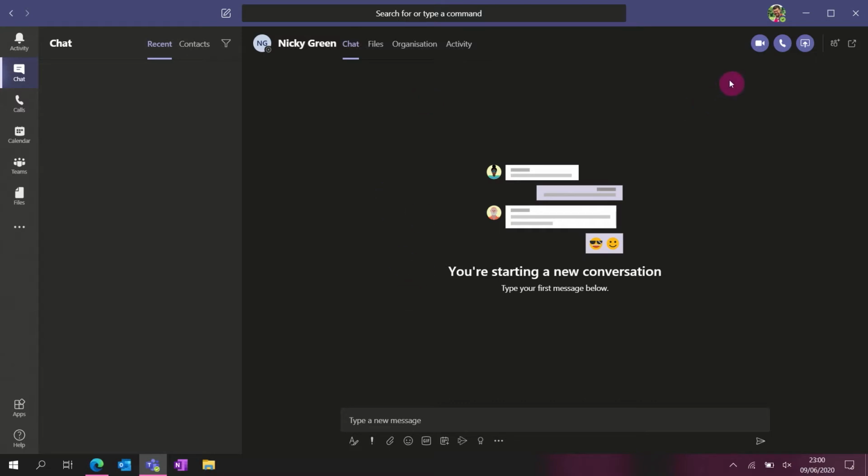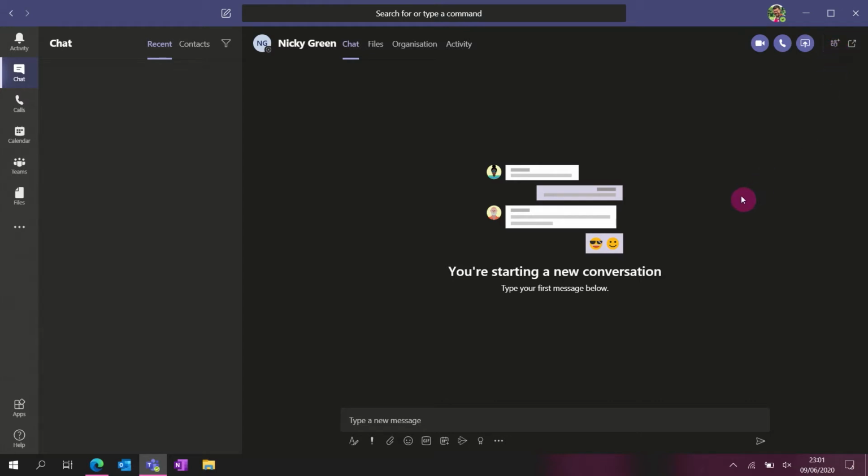So up in the top right hand corner we've got some quick actions that we can do if we wanted to break out from chat. So we've got three purple icons here. The video icon lets us start a video call, the phone icon lets us start an audio call, and the other icon there lets us start a screen sharing. Now at the moment this is a one-to-one chat, but if we wanted to invite additional people into the chat to participate, we can press the little icon here to add extra people in and get them involved in the